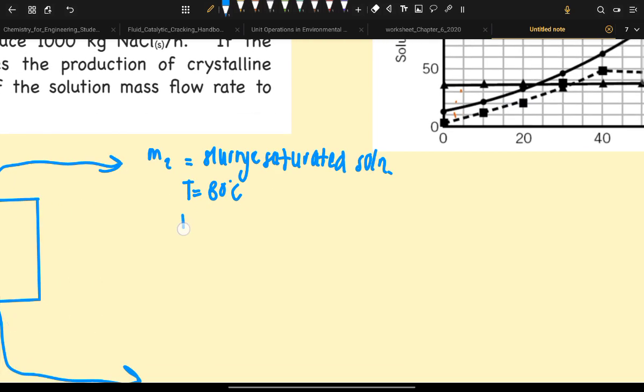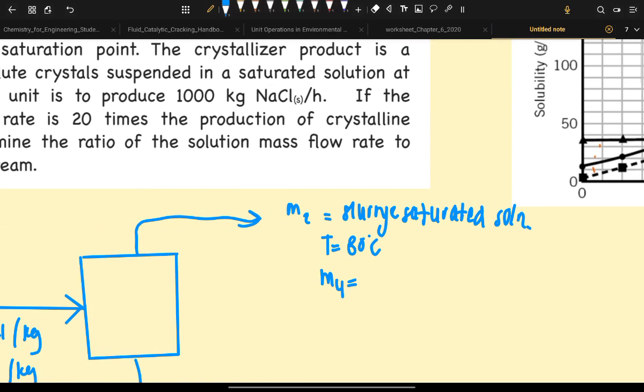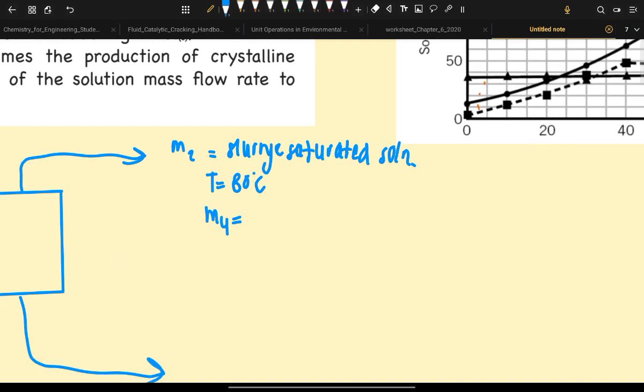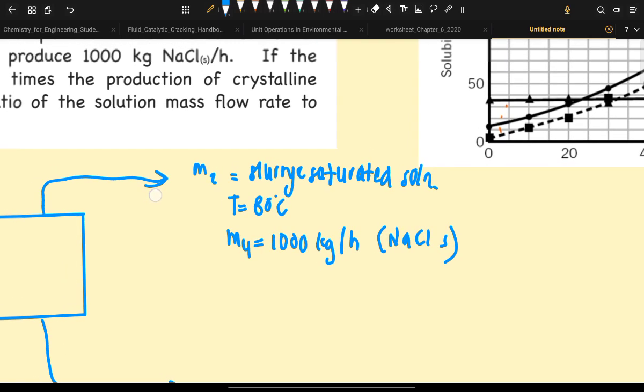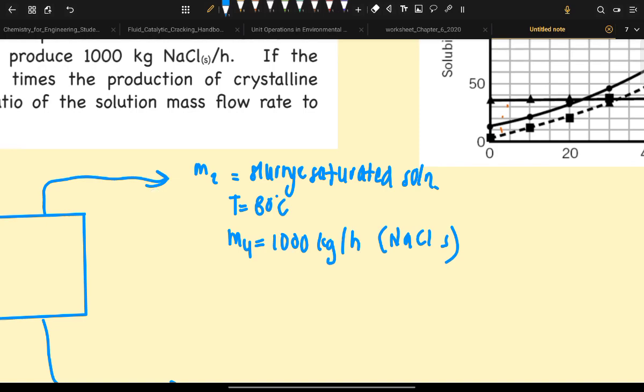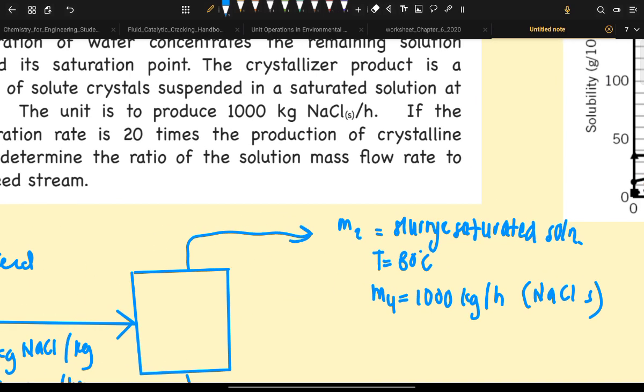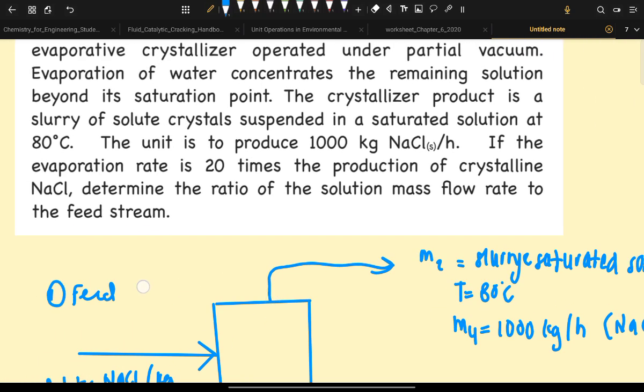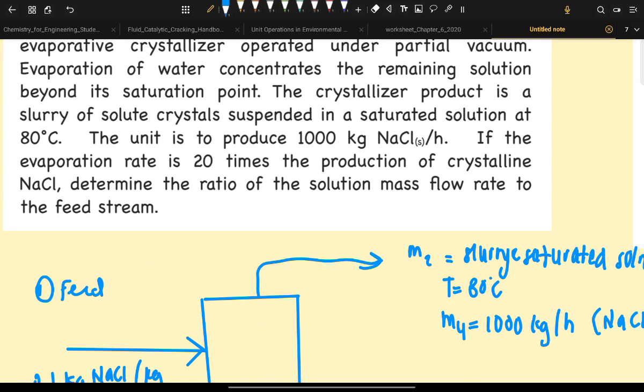So here we have M2, which is M4, I mean, because it is separate, so we put here 1000 kg per hour for NaCl solid. Okay, because M2 is the saturated solution, and then M4 is what we produce, the product. And then if the evaporation rate is 20 times the production of crystalline NaCl,